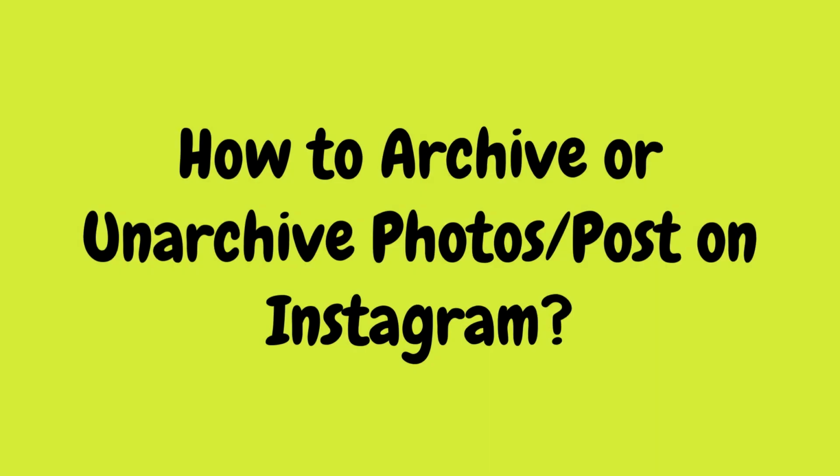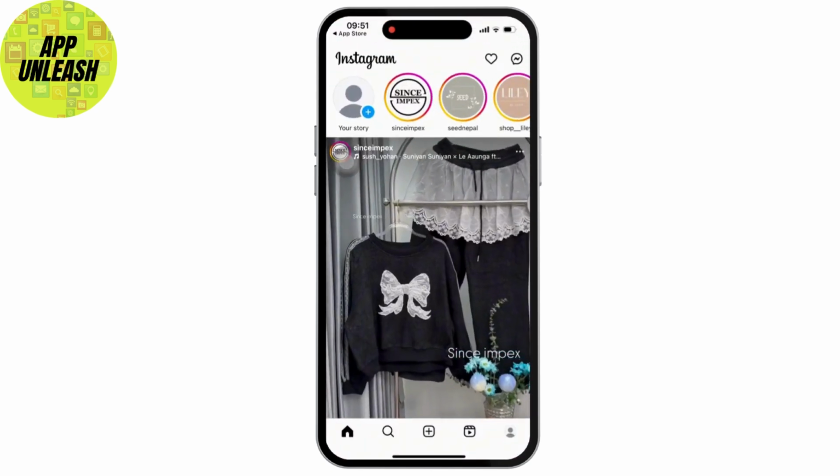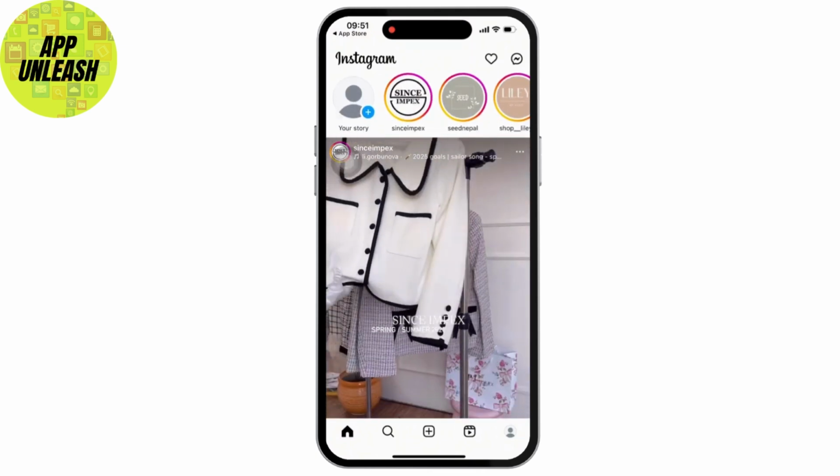Archiving and unarchiving photos on Instagram is a great way to hide posts without permanently deleting them. So here is how you can achieve it. So let's get started. Firstly, open the Instagram app on your mobile device and make sure you are logged into your